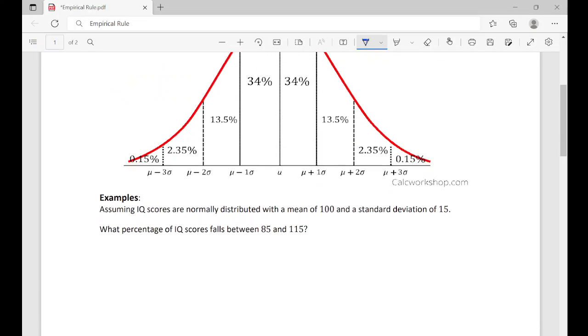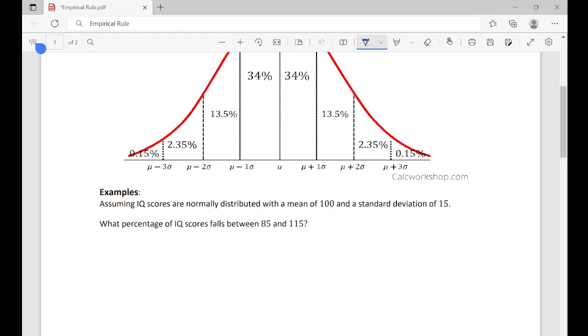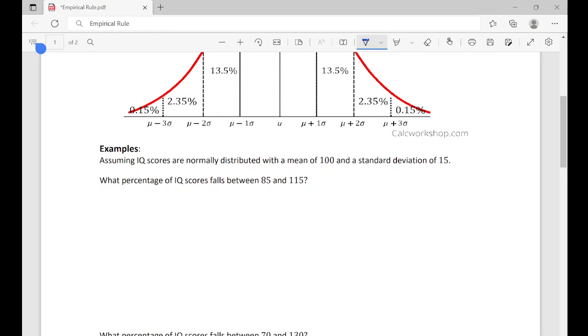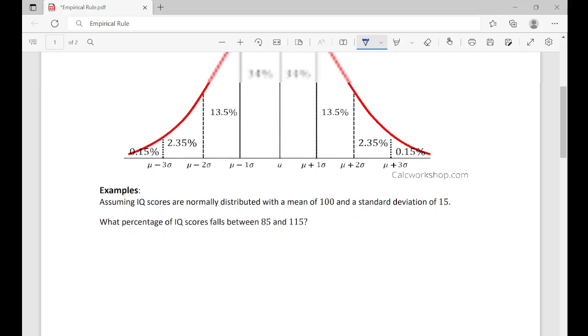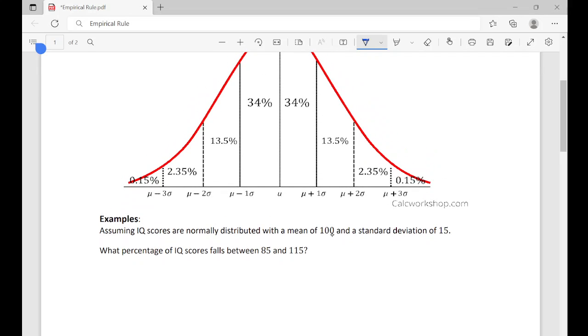So let's use the empirical rule to figure out the percentage of where some of these scores fall. So we're assuming IQ scores are normally distributed with a mean of 100 and a standard deviation of 15. What percentage of IQ scores fall between 85 and 115? So remember, we start at 100, so we're starting here in the middle, and we're moving in increments of 15. So if we subtract 15 from 100, we're going to get